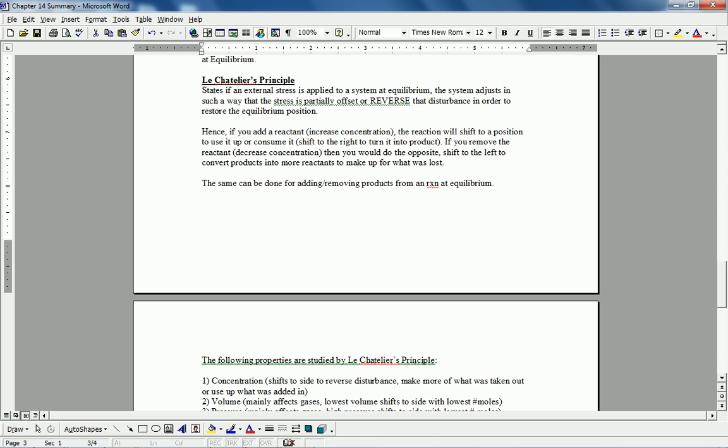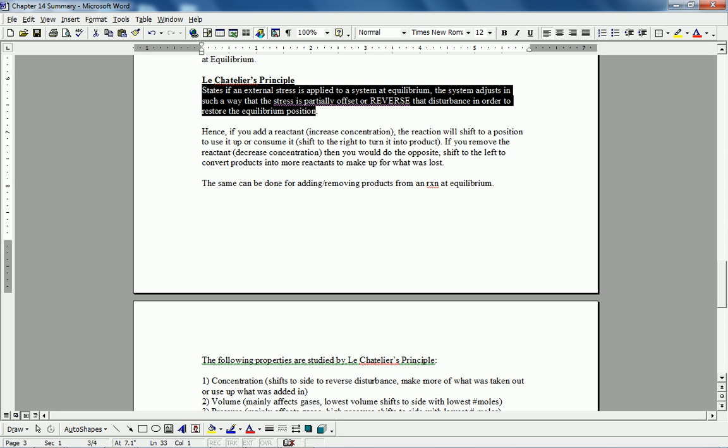The next topic that I want to discuss is Le Chatelier's principle. It's the last topic here in chapter 14 and a very important one. Le Chatelier's principle, let's start off by just understanding and defining what it is. Le Chatelier's principle states that if you apply an external stress to a system that is already at equilibrium, that